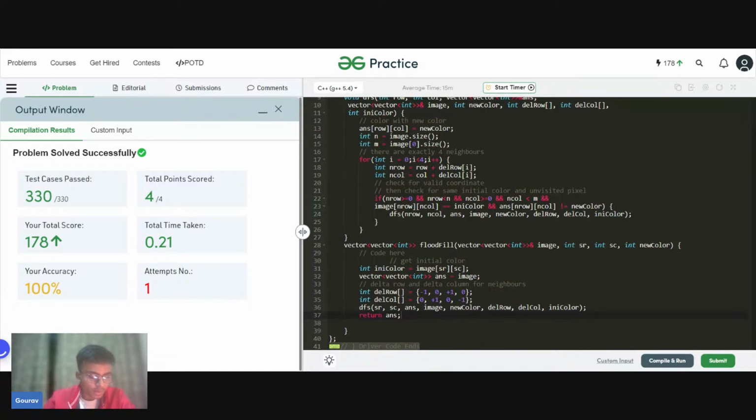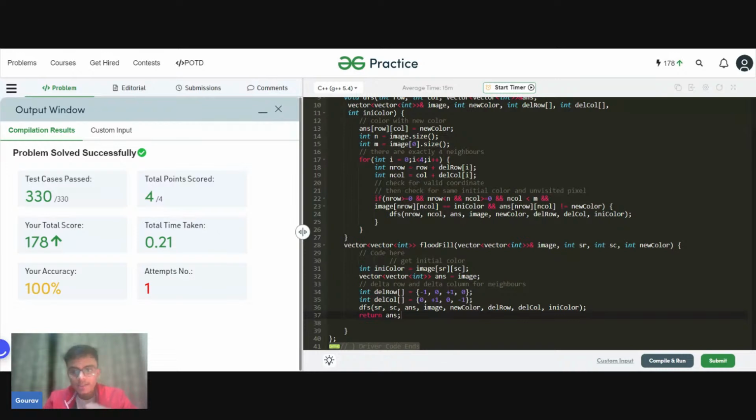I have discussed quite a lot of theory and questions as well. But after you have a look at the sessions, there are a lot of practice problems which you can take help from. On the Geeks for Geeks platform, just type in Google Geeks for Geeks practice and write graph. You will get a lot of easy, medium and hard level questions, and you can practice those. Those are very popular interview questions which you can do.